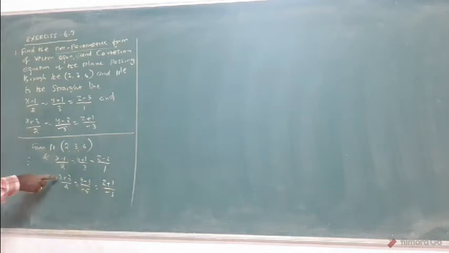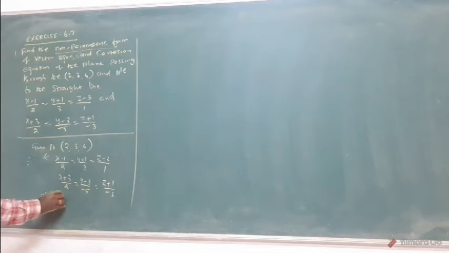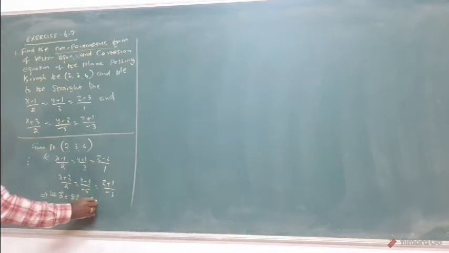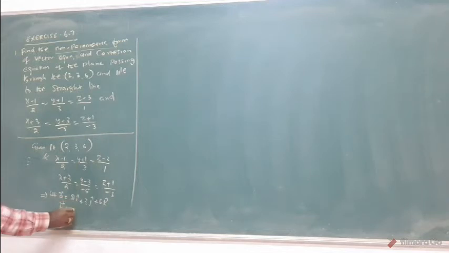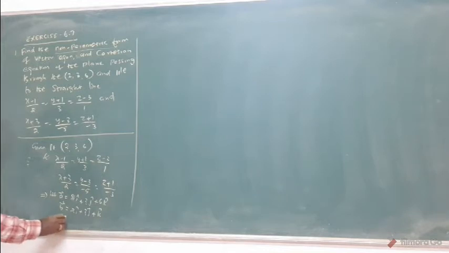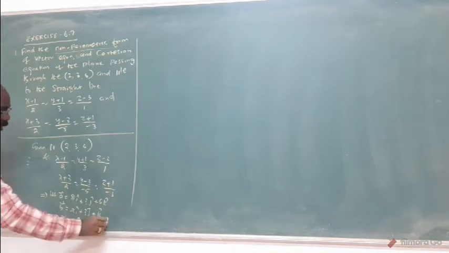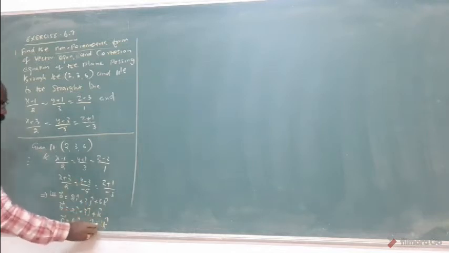Start with x, y, z, it doesn't matter. First, we consider the point: a vector equals 2i cap plus 3j cap plus 6k cap. Next, b vector equals the denominators, 2i cap plus 3j cap plus k cap. Then c vector equals 2i cap minus 5j cap minus 3k cap. In this way you will assume. That's very important. Now write the formula.